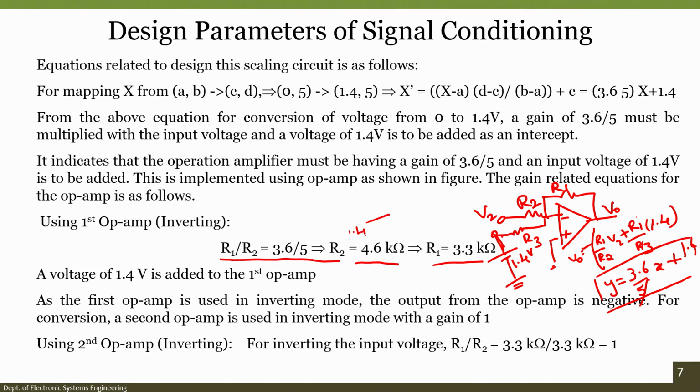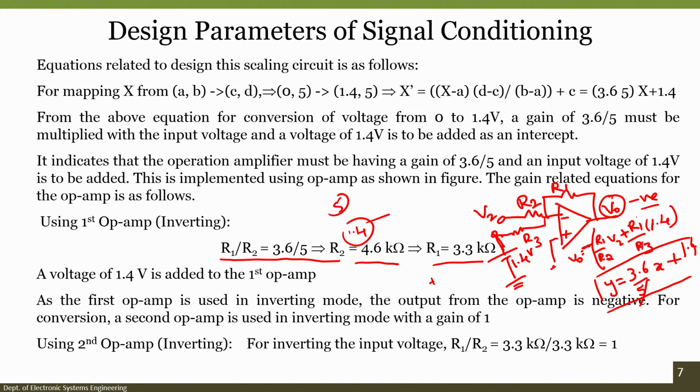not from 1.4 volt to 5 volt, because of the minus sign here, if you have noticed. So, the output V naught would be a negative value. What you want to do is replicate the same circuit again and give this output as the input to the same circuit. When you feed it back to the same circuit, the negative turns positive, and you will get 1.4 volt to 5 volt.